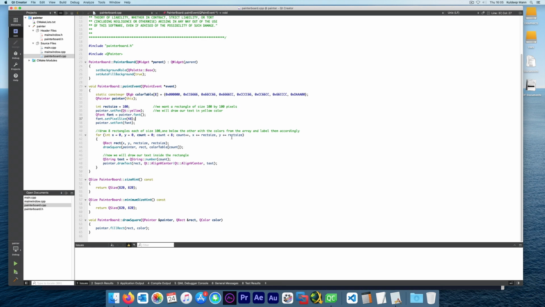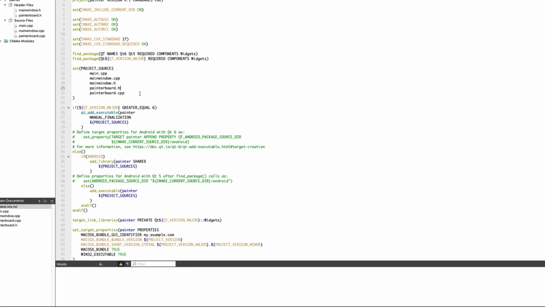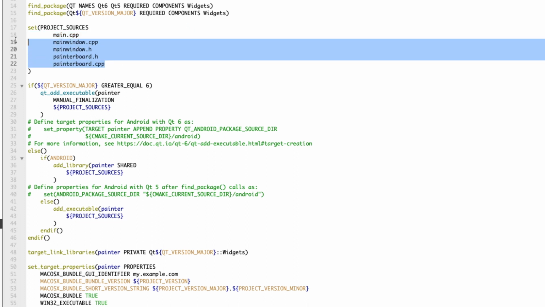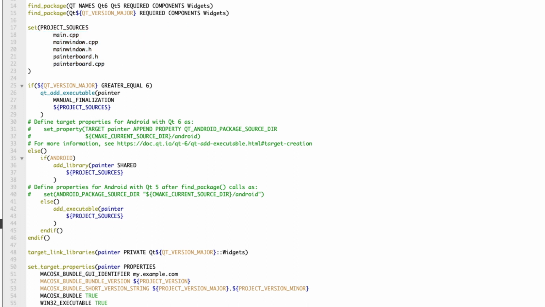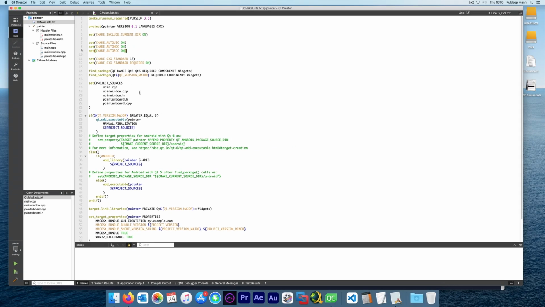One other thing: this project uses CMake, and if you look into the CMakeLists text file, it defines what kind of files are to be used for building the project. This one is not using a PRO project file, but I used CMake just to explain how we can use it as well.